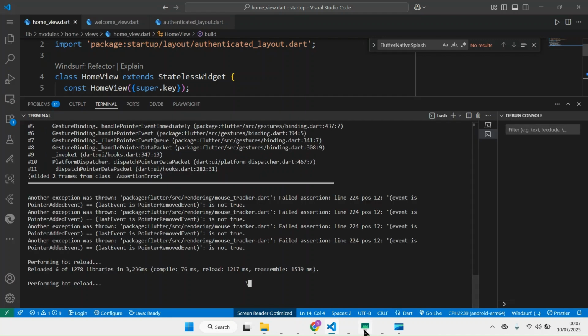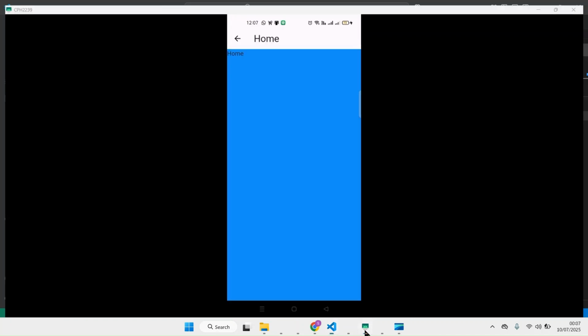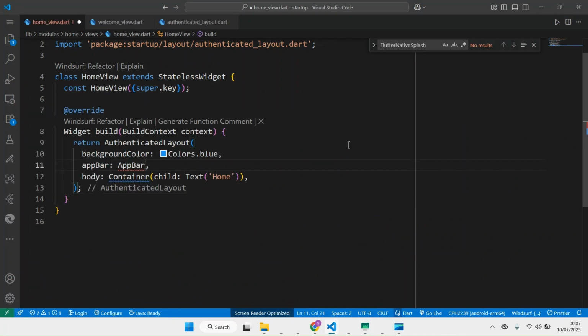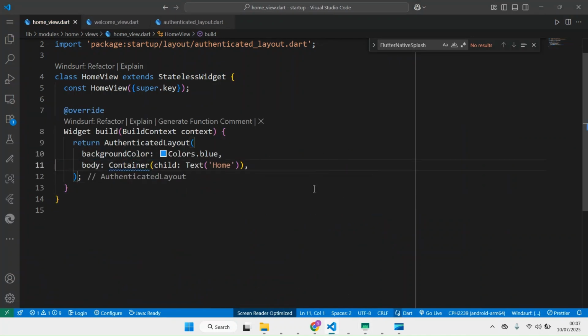Maybe let's reload. Yeah, app bar is there. So the way we want to pass header this way, we will create a custom header, but I was just showing you how you're going to handle it. All right. So this is it for the home page,